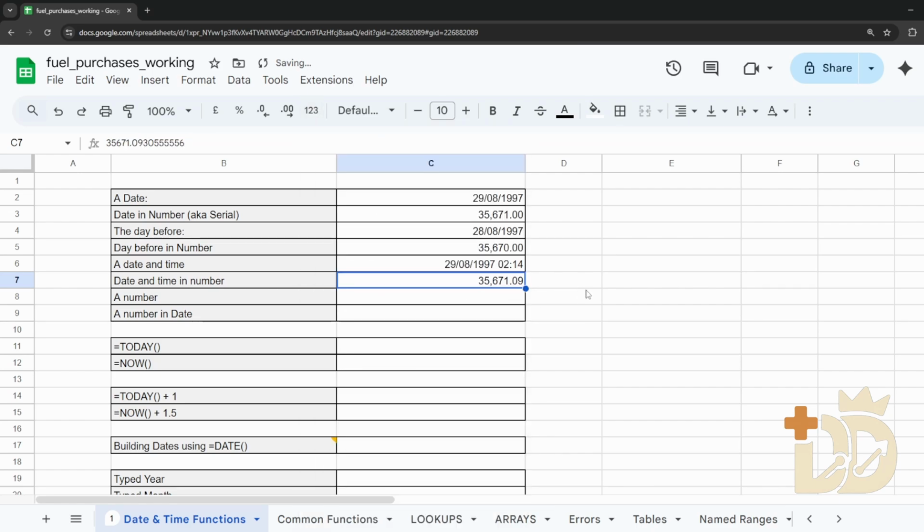into a number format. And what we're left with here is 35,671 with a decimal value, 0.09. So what happens is that if every single date is represented by a whole number, the time in a spreadsheet is represented by a decimal value as well. And the beauty of that is that it can actually go the other way around. So if I was to type in a number that is